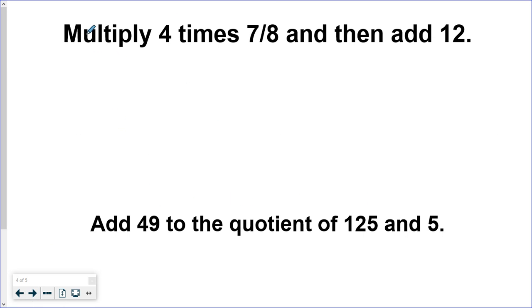First of all, it's going to say we're going to multiply 4 times, and this is my fraction 7/8. I apologize, I couldn't get the fraction right now, so I just wrote it. I'm going to multiply 4 times 7/8, and then I want to add 12. Again, you should see you have multiplied 4 times 7/8, and then. You see the word and then? That tells me this needs to be done second. So the first thing that needs to be done is I have to multiply 4. So I'm going to take 4 times